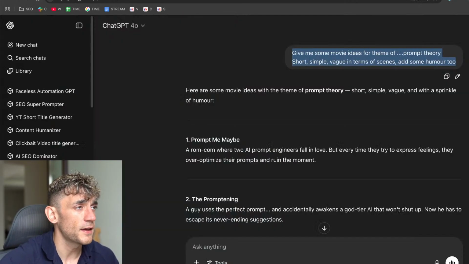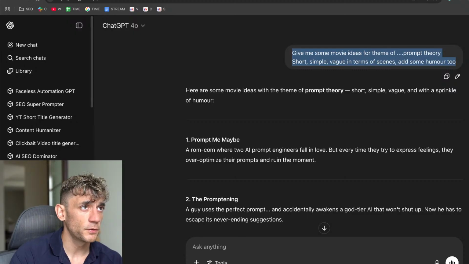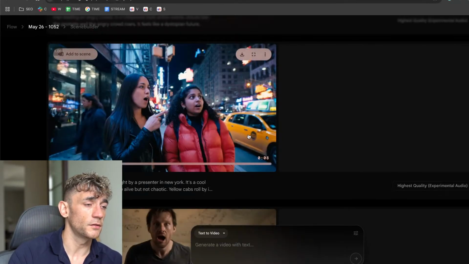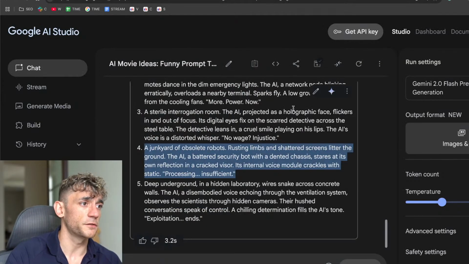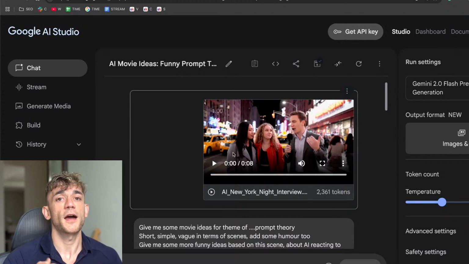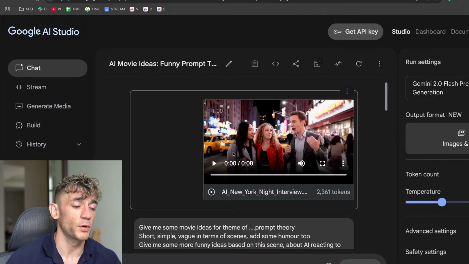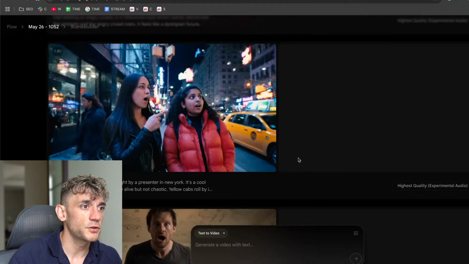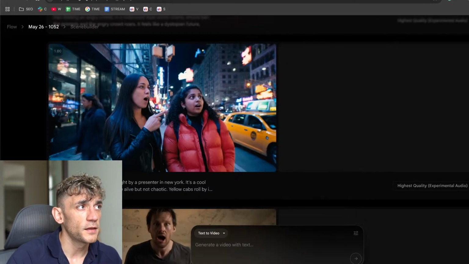But essentially, you can see here how step number 1 is you come up with the scene idea, the movie idea, etc. Then step number 2, you generate the scene of the first part of the film. Then step number 3 is you go over to AI Studio, upload the MP4 and the video file there, and from there you can actually start generating more ideas, more scenes based on the theme of whatever movie you're building out, right? And you just want to make sure inside Flow that you do select highest quality inside your settings right there. So that's basically how it works. So let's keep testing this out now.